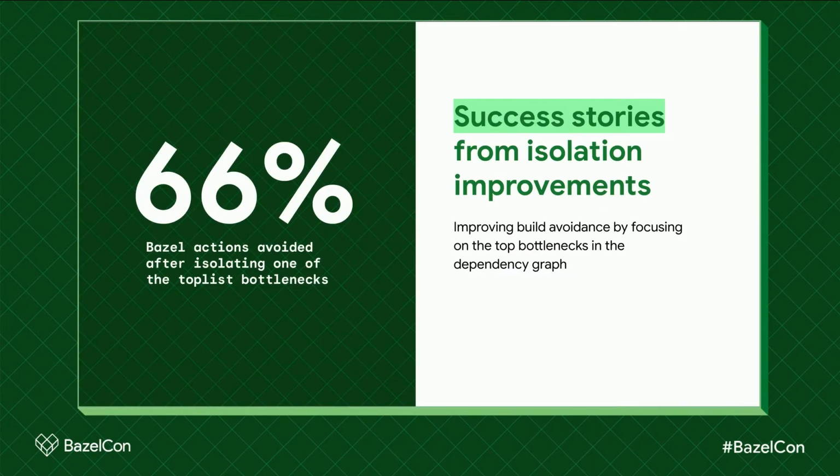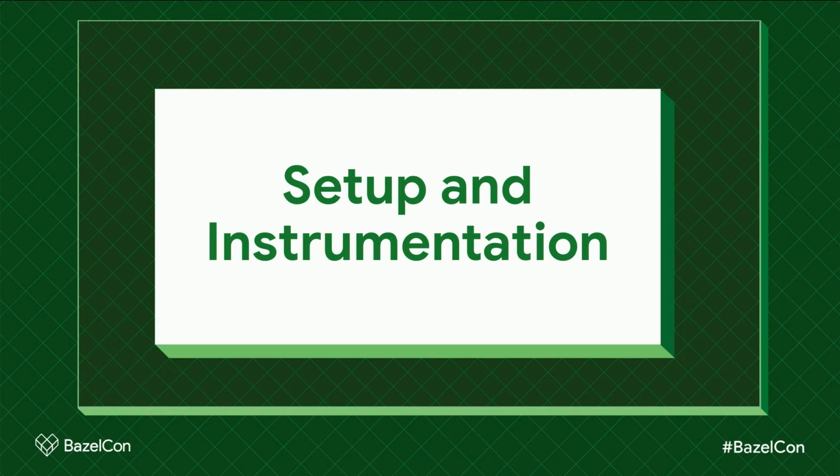And as I mentioned during the demo, on Android, we tried to set a hard cap on 10,000 and took an extra look at the target scoring above that. After we made an effort to refactor and improve the dependency structure of these targets, we could see that we could avoid, on average, 66% of all the Bazel actions compared to before when any of these targets were changed. Again, this is also contributing a lot to build times across the entire project.